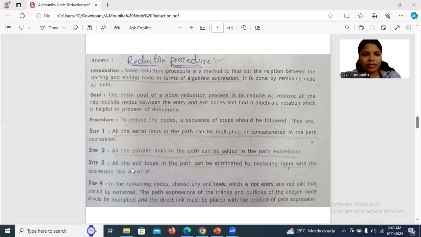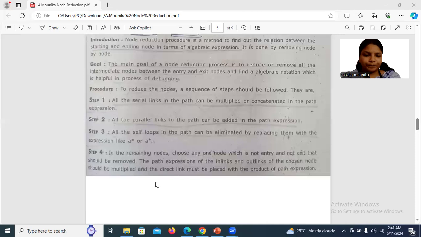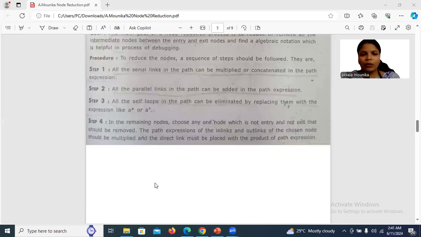Next, in step 3, all the self loops in the path can be eliminated by replacing them with an expression like a power star. If it is a self loop, we have to take the self loop segment with a star. If it is a loop on a path expression, we have to multiply those path segments and keep the whole star. And step 4: in the remaining nodes, choose any one of the nodes